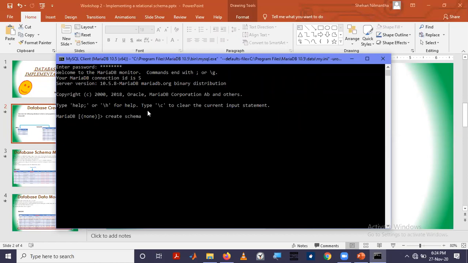Like this one I have already created. So what I have to do is, you have to remember the schema name somehow. I think this is the schema name that I use. Then I can visualize.